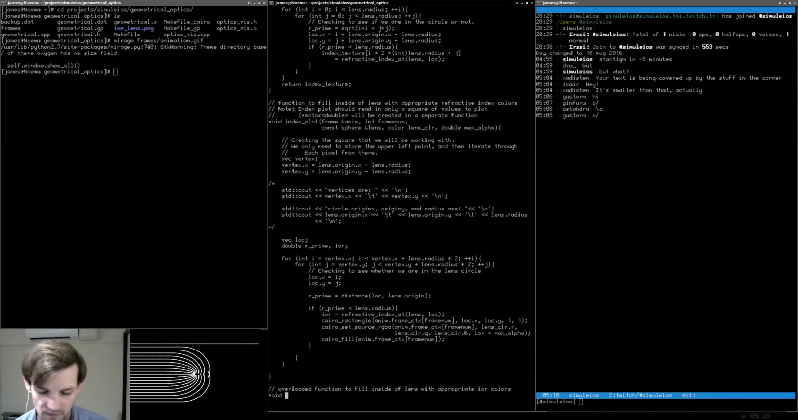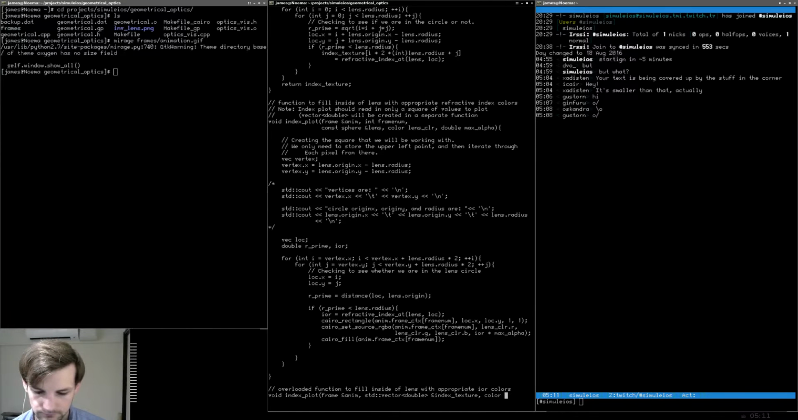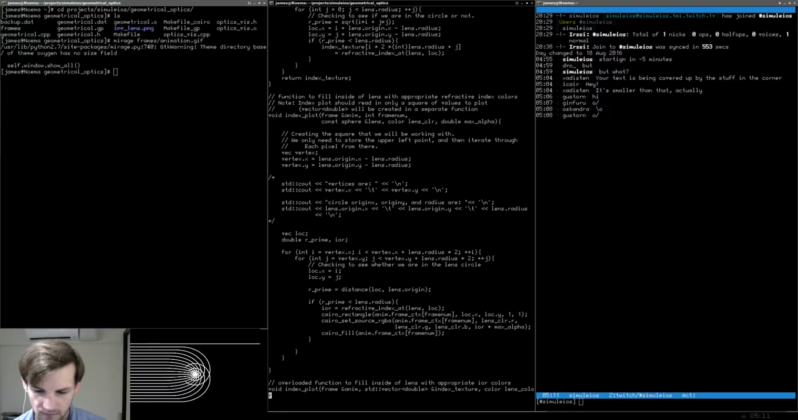Void index plot. What do we need to read in? We need to read in frame, ampersand animation. Then we need to read in vector of double, so std vector double. And we want, one second, what did I call it? Oh, that's not what I called it. Index texture. Okay, what else do we need? We need color, lens color. And of course, outside of that, we also need the max alpha, which is basically the maximum we're going to allow our object to be